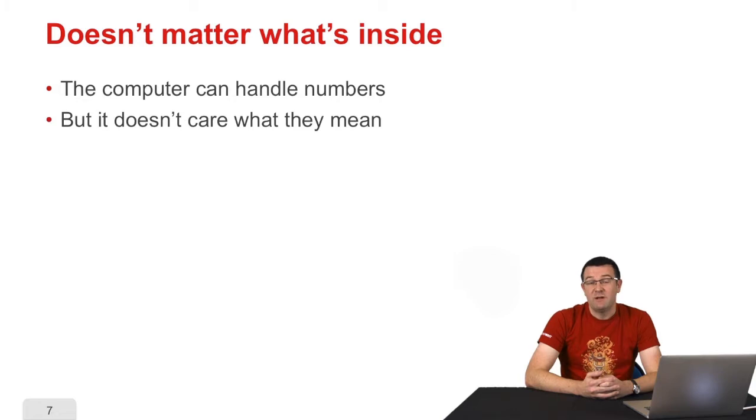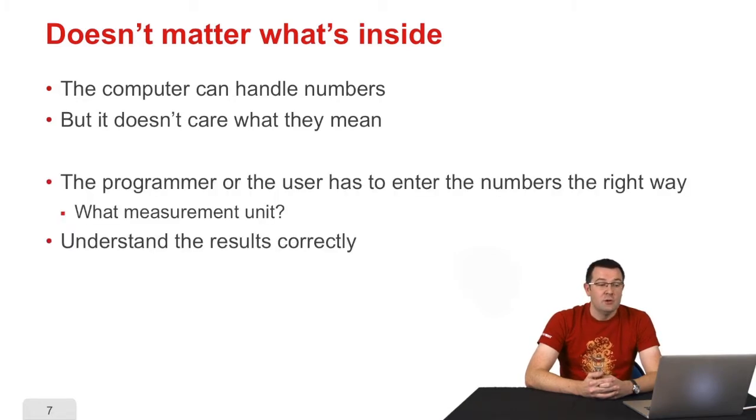So technically, the computer doesn't really know what it is handling. It knows there are numbers, but it doesn't know what they mean at all. For example, the programmer will have to feed it the numbers the right way. If you want to ask the computer to calculate, for example, to add 2 distances and then divide by the time lapse, in order to calculate speed, the programmer or the user will have to take care of giving the right distances, in the right unit, the time in the right unit, so that the computer may calculate and get